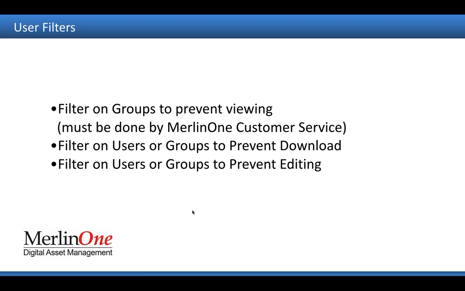Basically, I can set up different classes of users, make them a member of a specific group, and as a member of that group, I have permission to see certain types of content. In fact, we set up one of our customers today. They like to include both raw camera files and JPEGs in their Merlin system, but they don't want the general users to see the raw camera files because they wouldn't know what to do with them. They're so large and they require special processing in order to be able to use them. So they want to archive those raw files in Merlin, but they